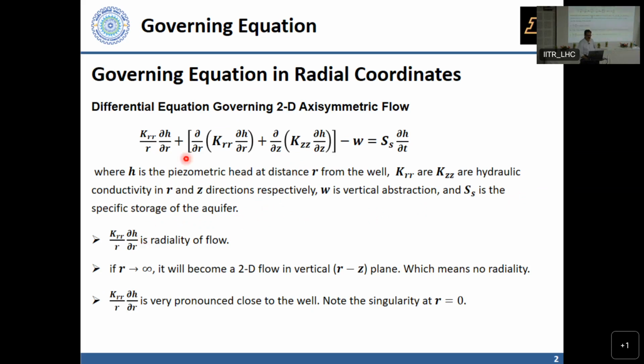You will notice that this is the flow coming, let's say, towards the well. And because of radial symmetry, if I draw a cylinder around the well of a certain radius, as this radius becomes smaller and smaller, the area through which the flow is coming towards the well becomes smaller and smaller. So the fluxes,